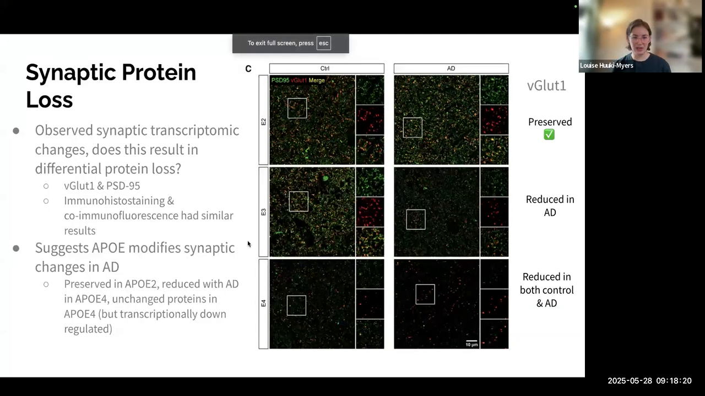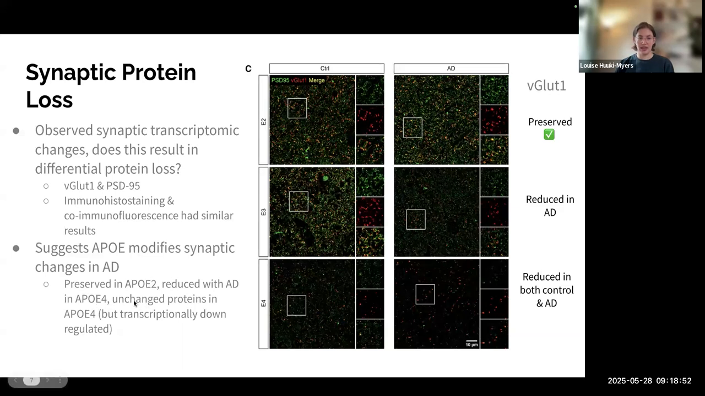And then they also do the co-immunofluorescence where they're showing VGLUT1 and PSD95, and they see similar changes. So VGLUT1 is preserved, we see the decrease, and then you see a consistent decrease over here. So overall, they conclude that ApoE modifies the synaptic changes in AD, preservation in ApoE3, overall reduction in